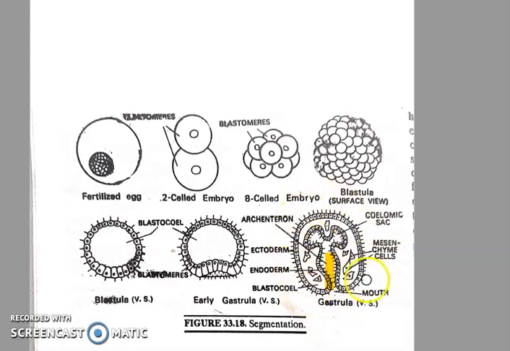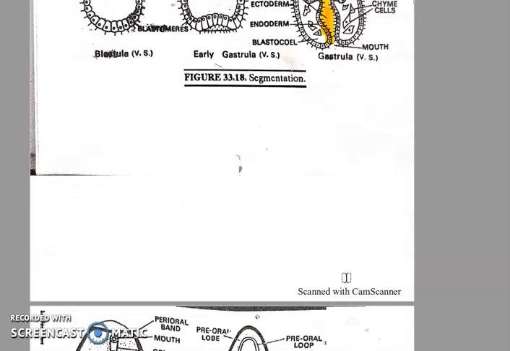The outermost layer is the ectoderm that bears cilia all over. The inner layer is the endoderm that lines the central cavity. This is known as the archenteron or gut cavity. And as you can see here, mesenchymal cells are present from which the third layer is formed, that is the mesoderm. So the zygote forms this three-layered gastrula, which further changes into the first larval stage, that is the dipleurula larva.